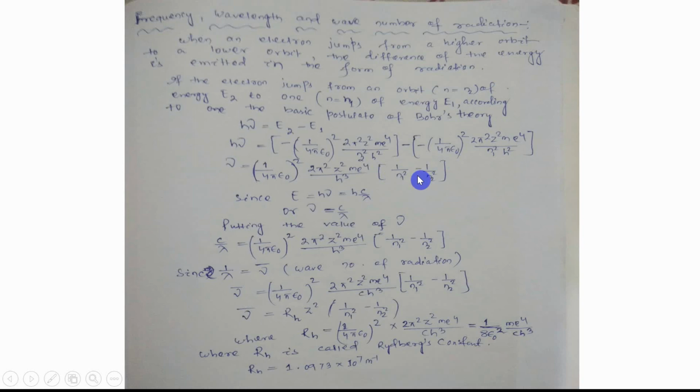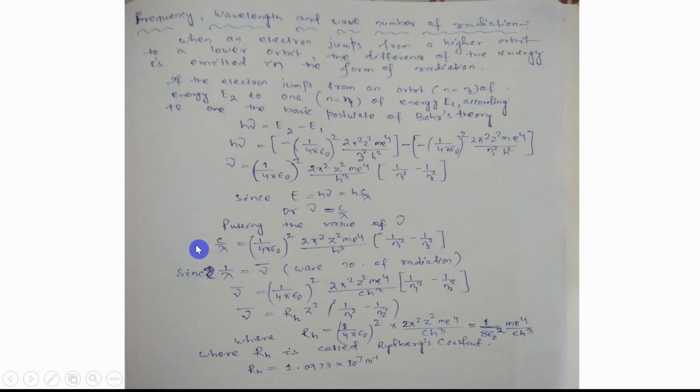Wavelength is represented as lambda for a wave. So E equal to h nu, this thing we know, is nothing but the general equation of energy, equal to hc by lambda. You already know this from your wave chapter from the previous class. So energy equal to hc by lambda, or nu equal to c by lambda. H cancels out, and putting the value of nu,